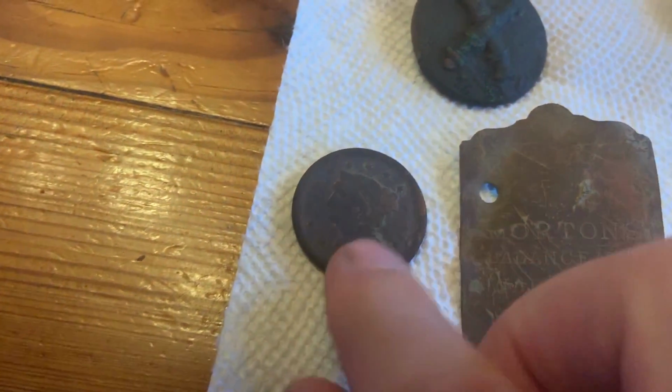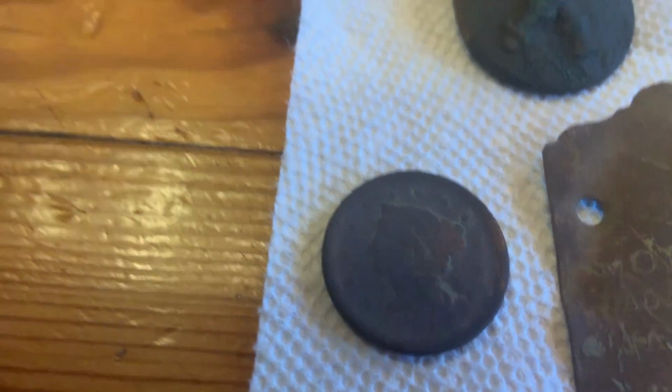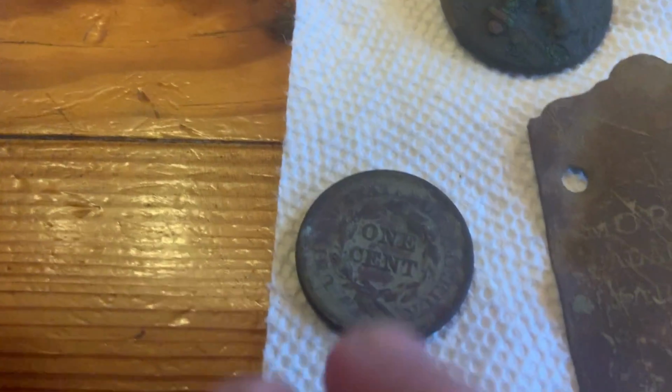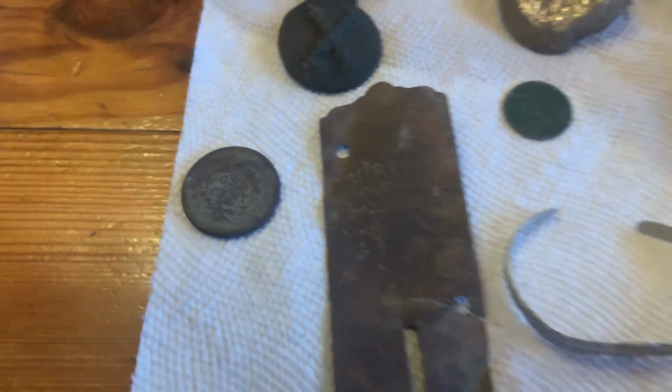This weekend was my first weekend I've ever found an 1800s coin, which was a large cent, and that was an 1851 large cent, which is right here. So that was my first large cent I've ever found, and first 1800s coin, so it was a pretty good one. And then I found the 1888 Indian head, and then didn't really find anything for a while, and then